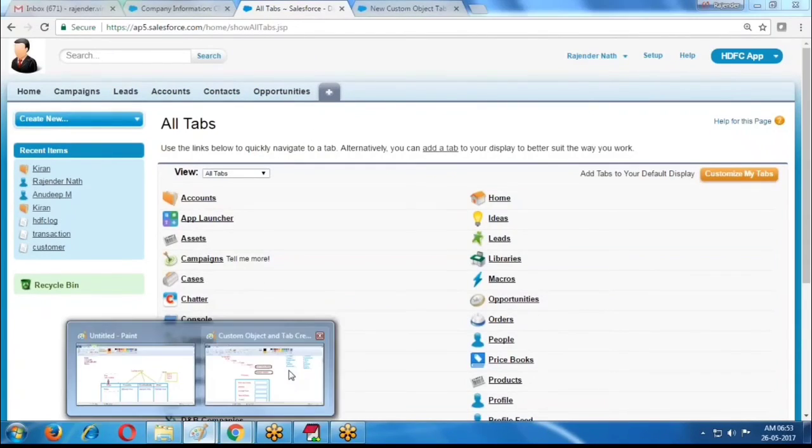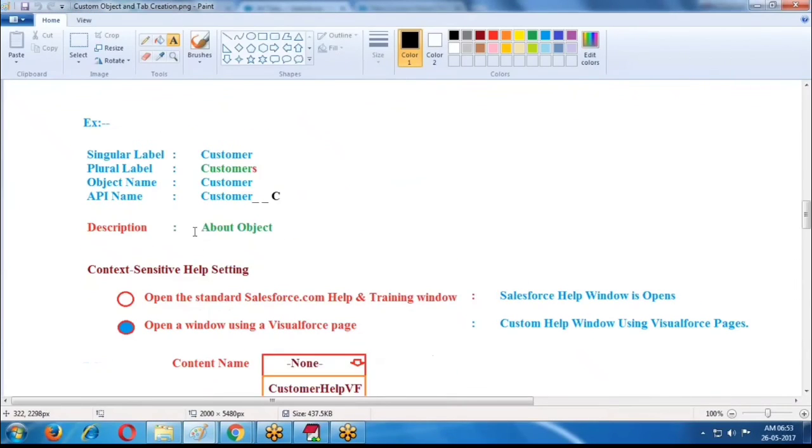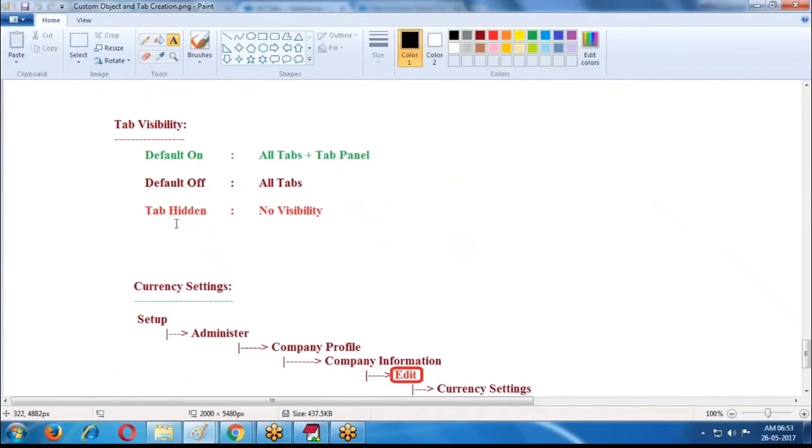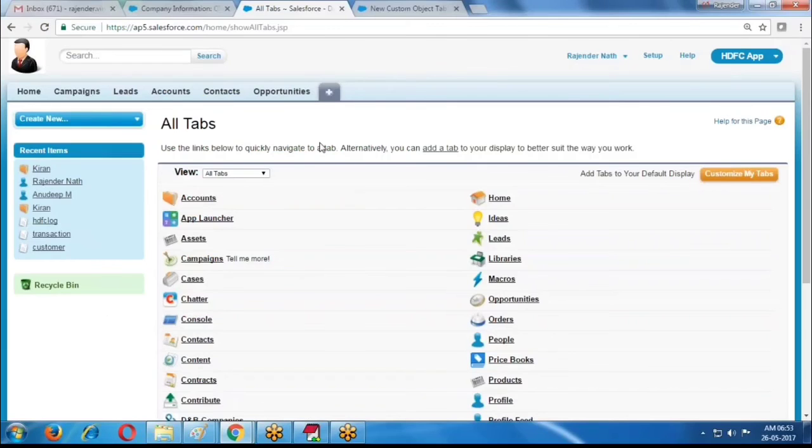Default On is the option. If I use Default On, it is displayed in the All Tabs section and the tab panel. That means here also it displays and here also it displays. Both places it is available. If I use Default Off, it is only in All Tabs and cannot display here. If you want to display it, customize My Tabs once again and you can display that tab here.